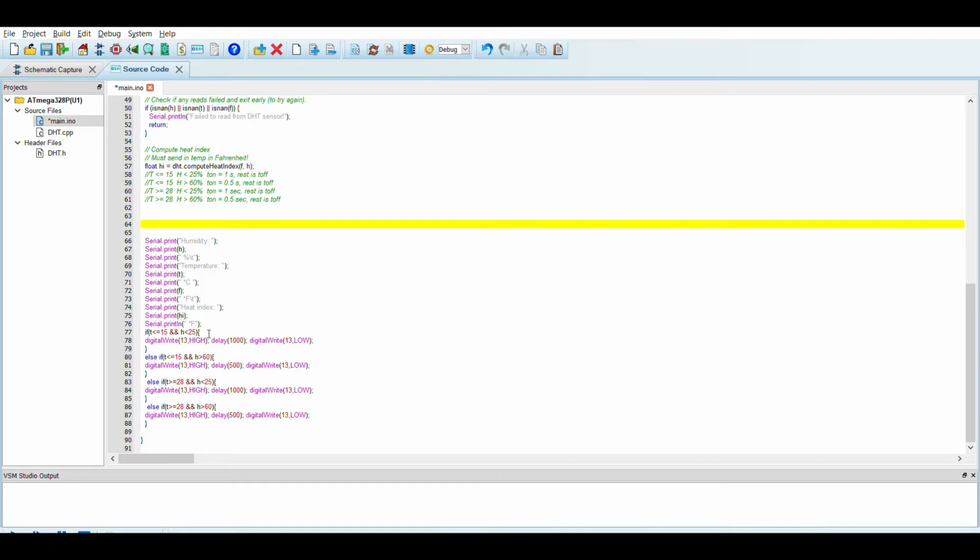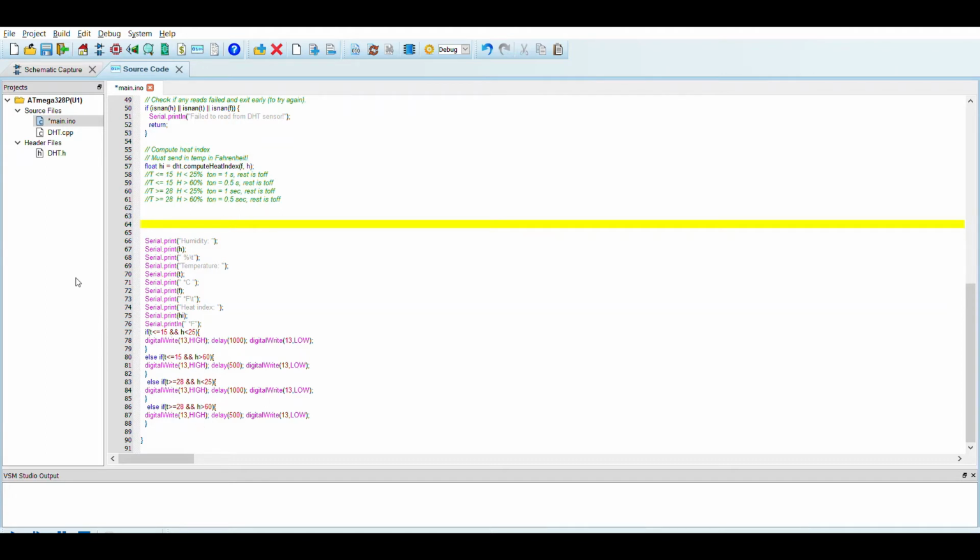Here digitalWrite 13 HIGH means that at pin 13, where the LED is connected, the value will be given and the LED will glow. Delay 1000 means the LED will glow for 1000 milliseconds, that is 1 second, and digitalWrite 13 LOW means after 1 second the LED will go off. Next are the else if statements for the 4 conditions that were given, the multi-condition code. Here I specified all the values and wrote the code.